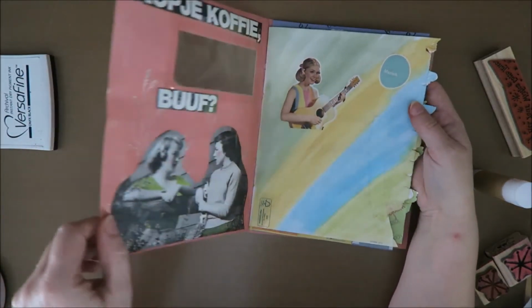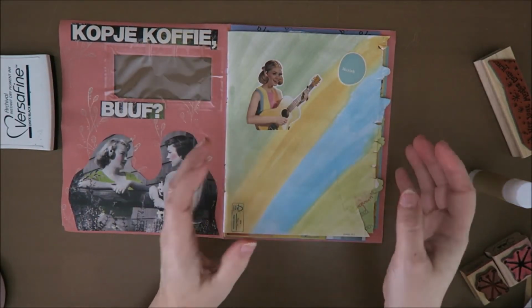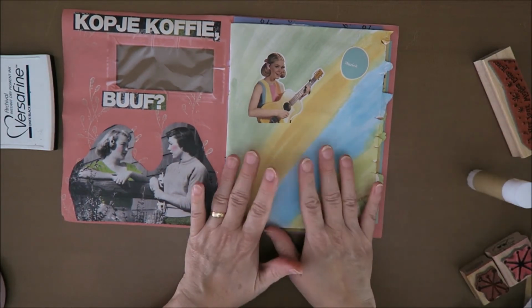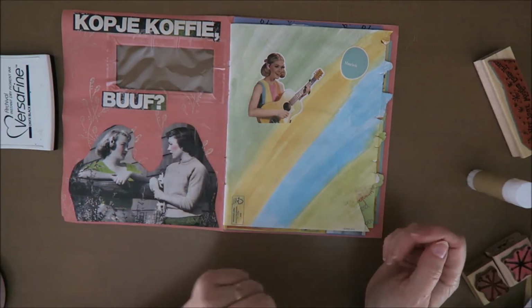And that's the same with this one. I wanted to put something over here, she looks so too happy. She just looks too happy. So I wanted to put a song over there that showed that. But I couldn't think of a Dutch one. So I'm going to put, if you're happy and you know it, clap your hands. Which is just a really lovely song. But if you see her sing it, it's just...